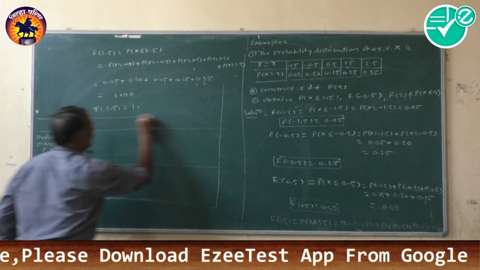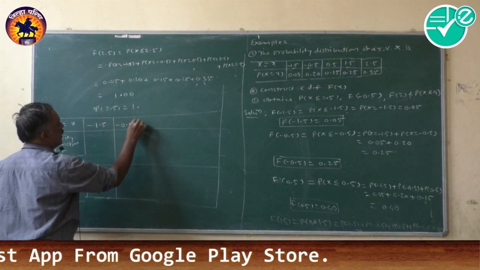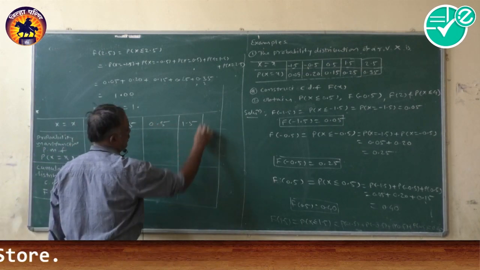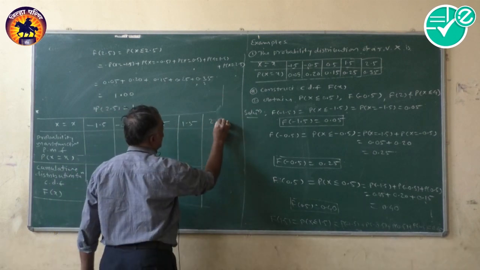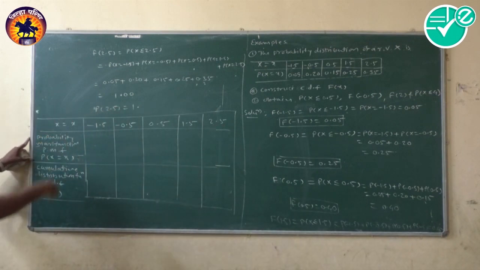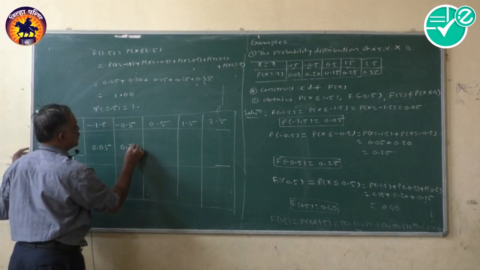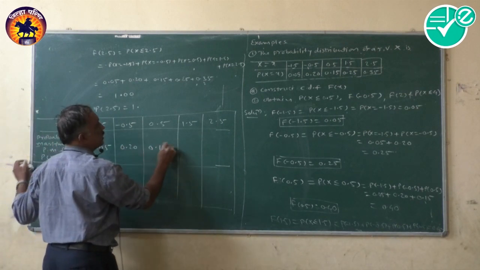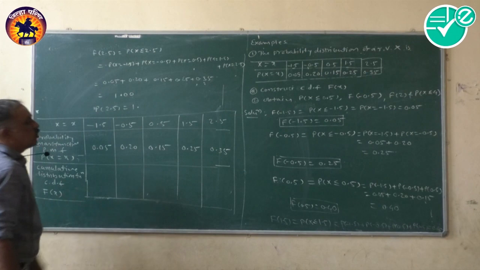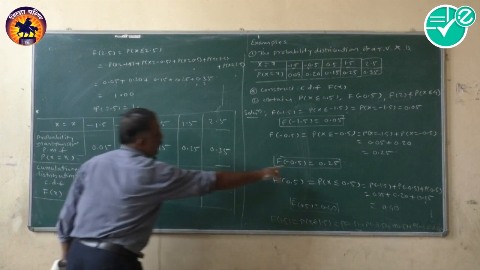What are the values of x? The values of x are minus 1.5, minus 0.5, then 0.5, then 1.5, and lastly 2.5. The probability mass function is already given. It is equal to 0.05, 0.20, 0.15, 0.25, and 0.35. Now the cumulative distribution function will be 0.05, then F of minus 0.5 will be